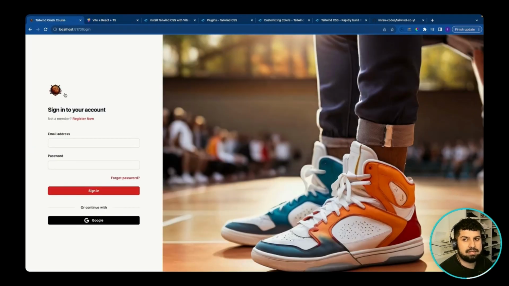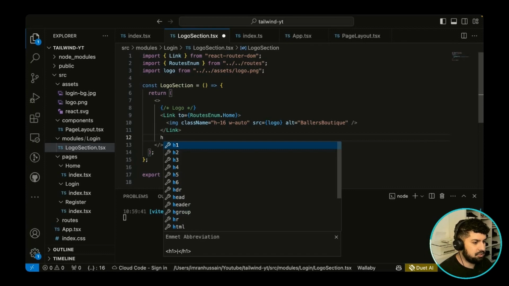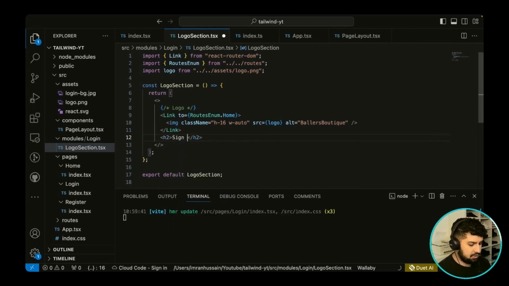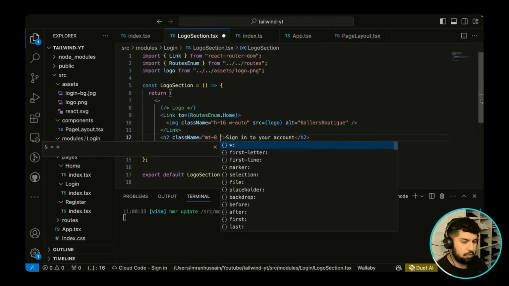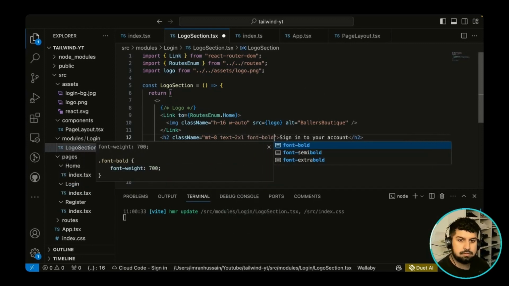So the next thing we need to do is sign in to your account, not a member, register now. So an H2 we'll do here, and then some text over here. That's quite simple. This is going to be an H2, and it's going to say sign into your account. Now we're going to give this a class name. So the H2 a class name of a margin top of 8, which means there's a margin on the top to separate between the logo. You could also do it in here, create a div and then give it a gap, but we'll look at that later on. So a margin top of 8, a text of 2XL, a font of bold, which means it's